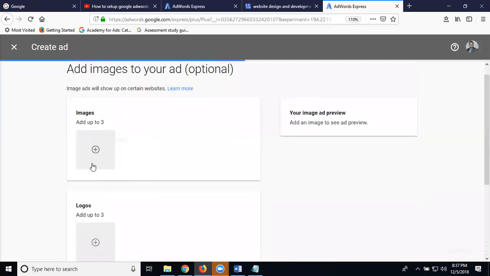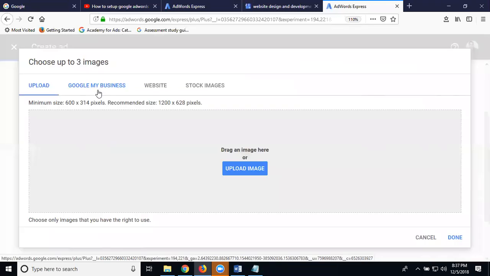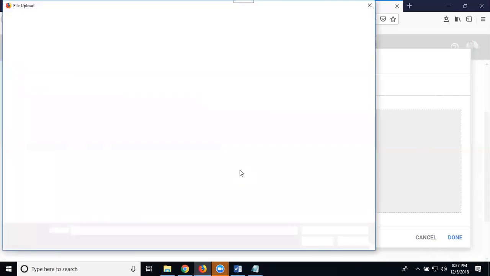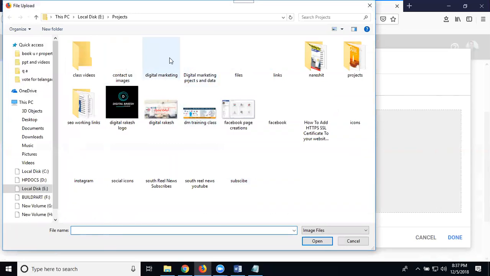Add your 3 images and 3 logos. Select it. Why does it ask for 3 images and 3 logos? You can put 1 image also and it's fine. But when adding 3 images and 3 logos, they display in 20 types of ads. So first upload an image. In this I'm selecting an image.